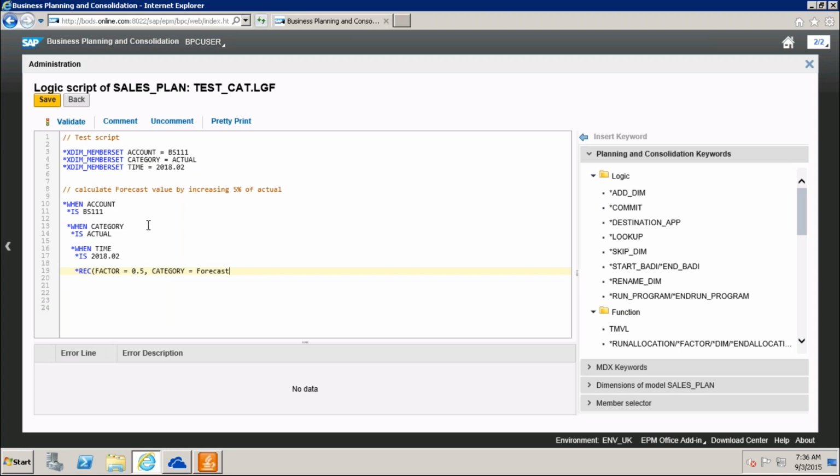Here actual also, it is in small letters. And also where I want to keep this one in the category.